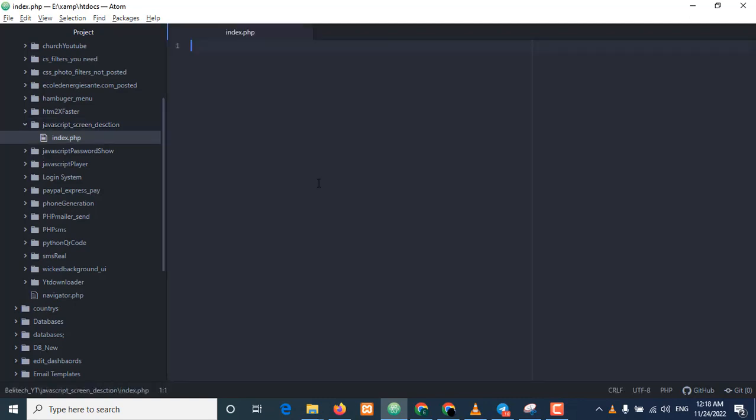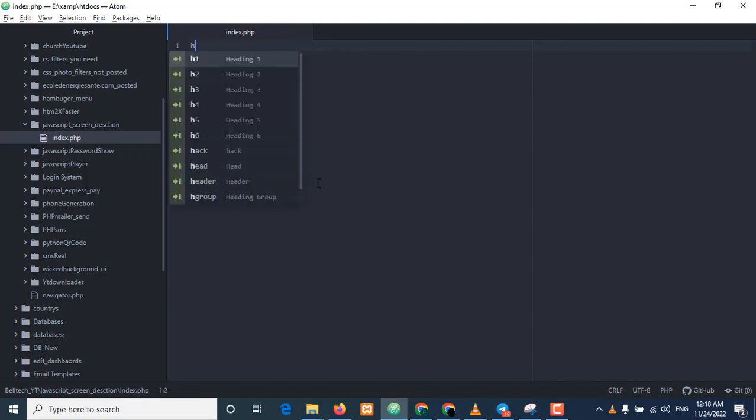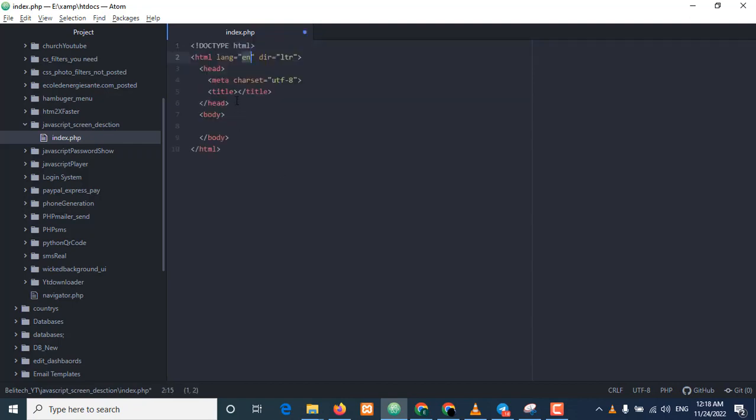Alright, so now you know the index is the first page to read. So once we load the browser, it's going to read the index.php. You understand? So once it's loaded, we'll use JavaScript to check if the page is a desktop screen or a mobile screen. You understand? All right, so now what we're going to do is